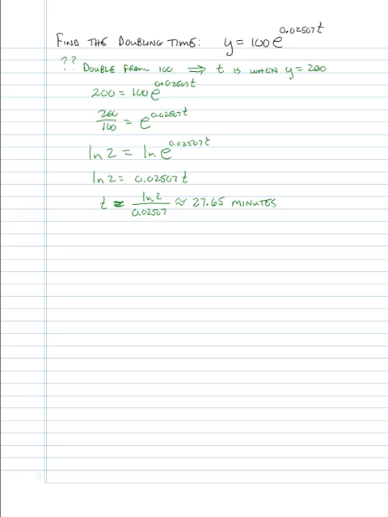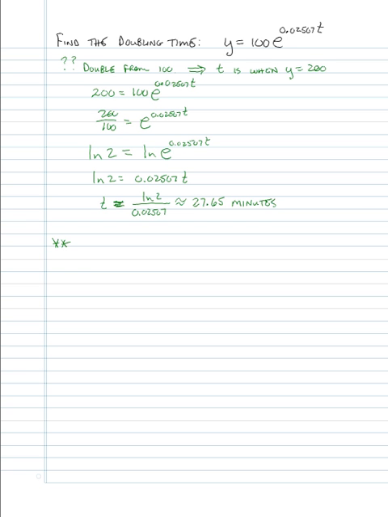Now, this is something I want to point out that's interesting here. It said find the doubling time, and we made an assumption that it meant doubling from 100 to 200, doubling that 100 that we started with. But what's interesting is that for an exponential growth model, the doubling time is the same no matter from where to. If you start with 450 cells, to double that to get to 900 is going to take